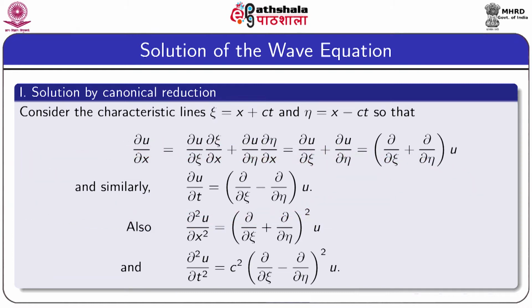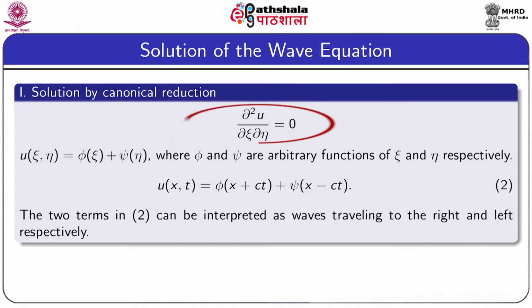So if you substitute this, we are trying to transform the equation from x, t to ξ, η. In terms of ξ, η, the equation becomes ∂²u/∂ξ∂η = 0,